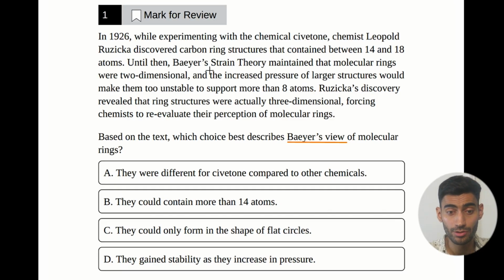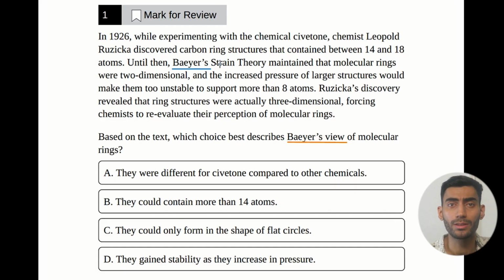Until then, Bayer's strain theory maintained that molecular rings were two-dimensional and the increased pressure of larger structures would make them too unstable to support more than 8 atoms. So here we've got Bayer. So now it's getting important, right? Until then, so it means before Ruzicka found out about these carbon structures that included 14 and 18 atoms, before that, until then, Bayer's